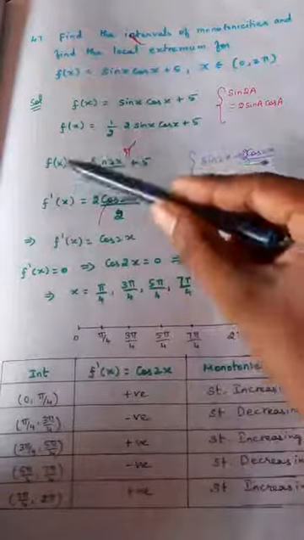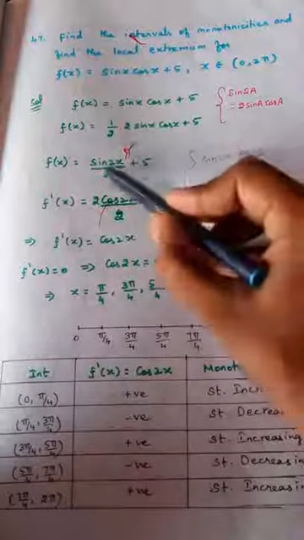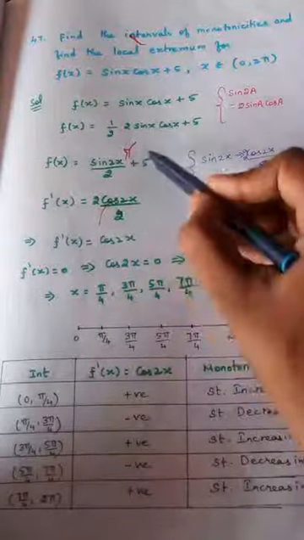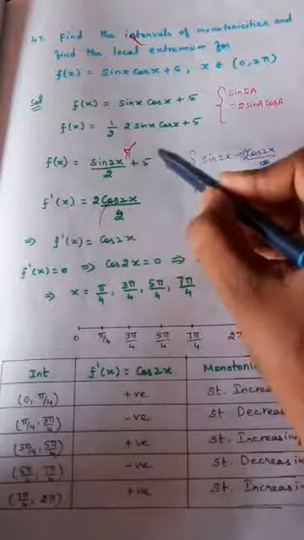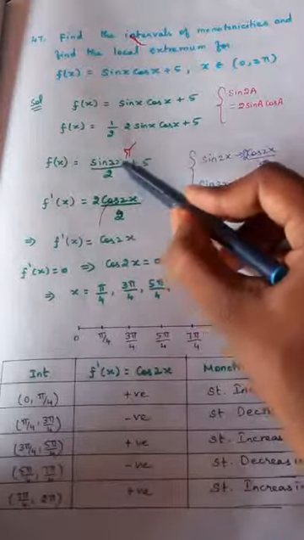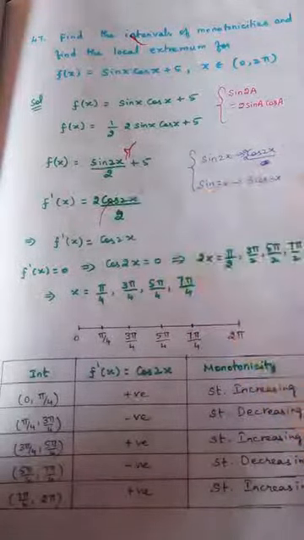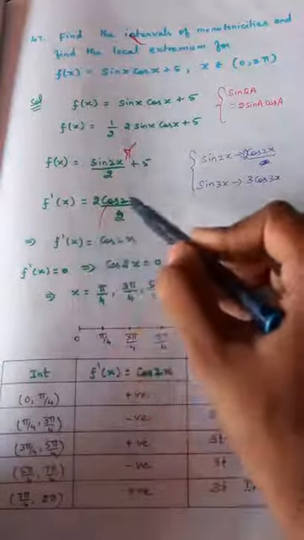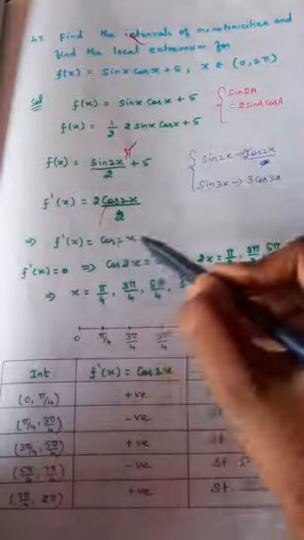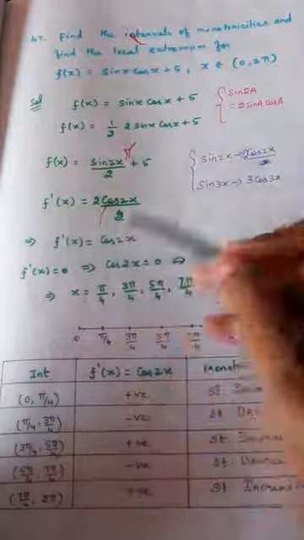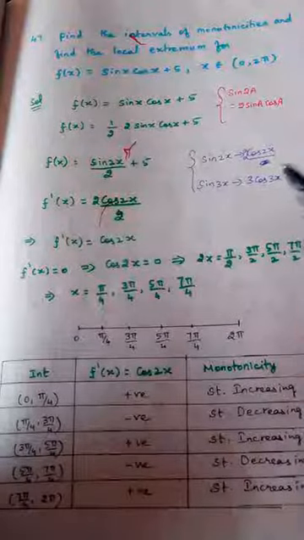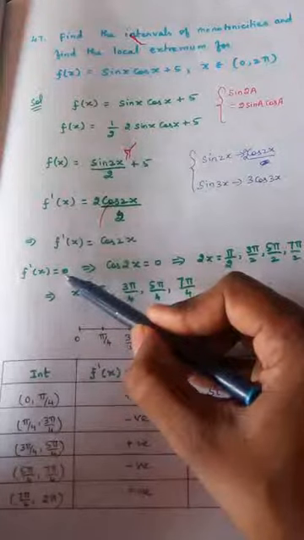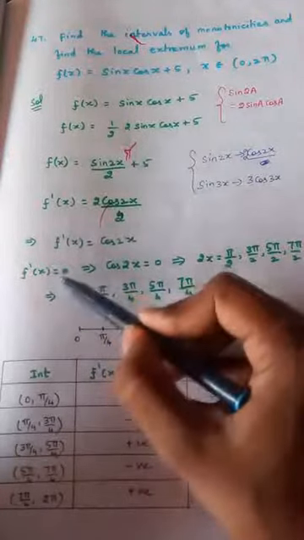Now we are differentiating. f dash of x is equal to, differentiation of sin 2x is 2 cos 2x, and this 1 by 2 will remain as it is, and differentiation of the constant will become 0. Sin 2x, what is the answer? Differentiation answer 2 cos 2x. Now f dash of x is equal to, the 2 gets cancelled, only cos 2x comes. So this is the value for f dash of x. What is the next step? Equate f dash of x to 0, equating the first derivative to 0.